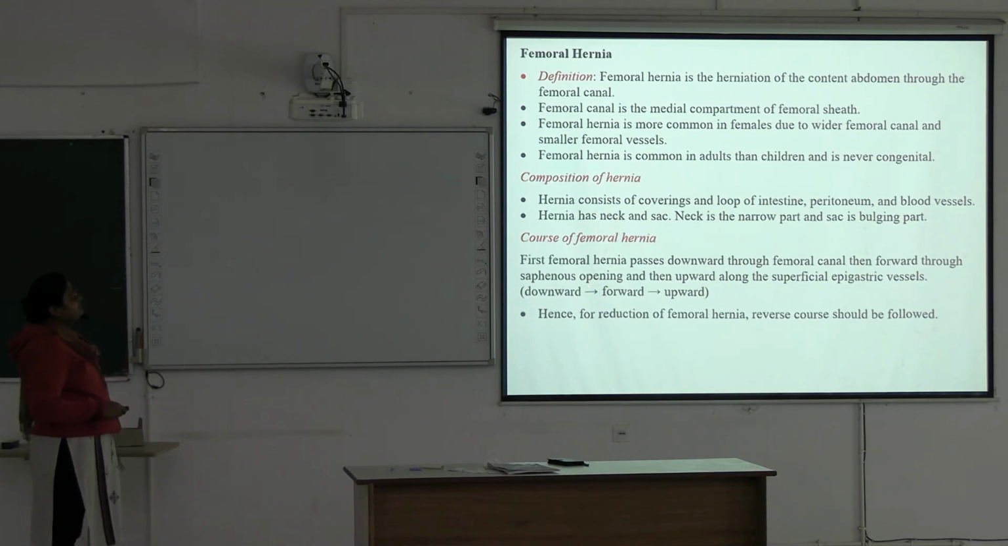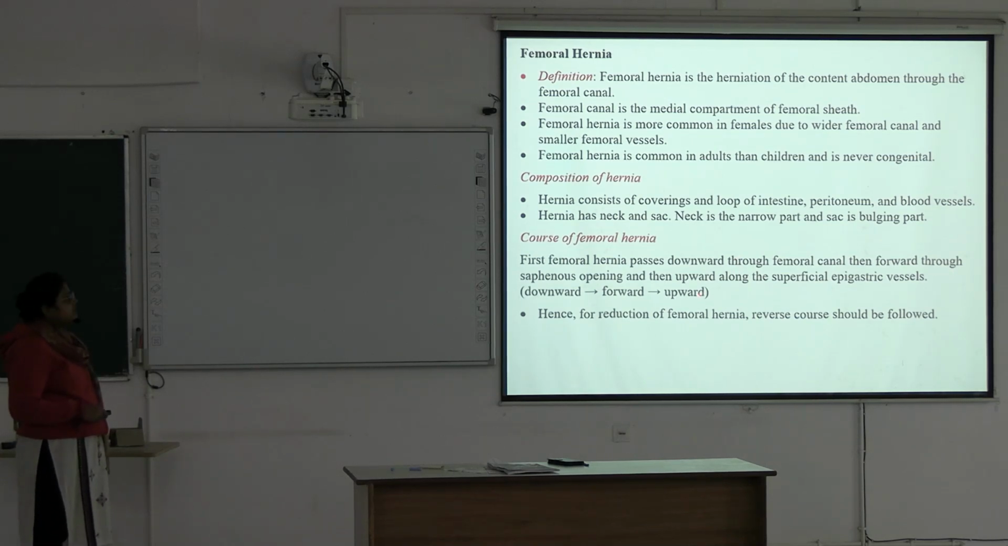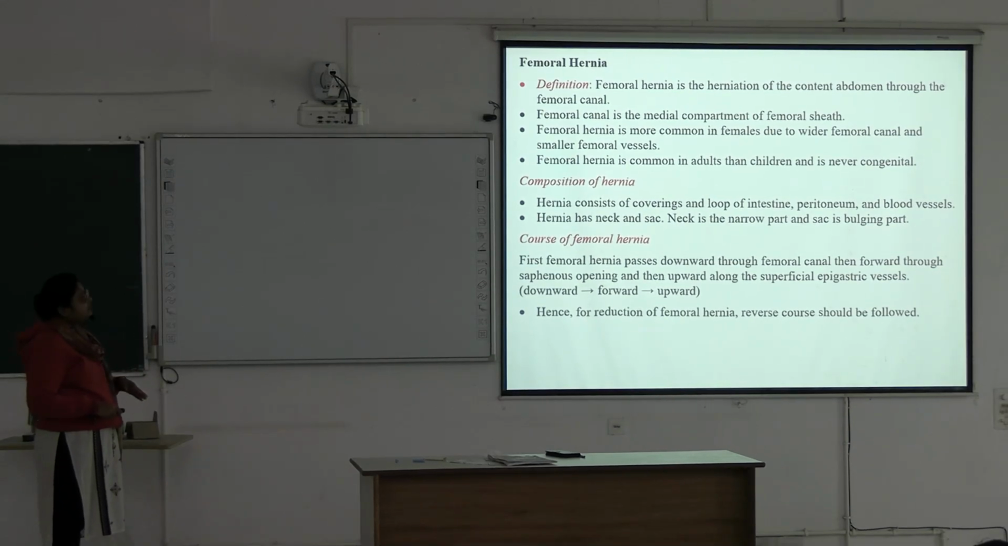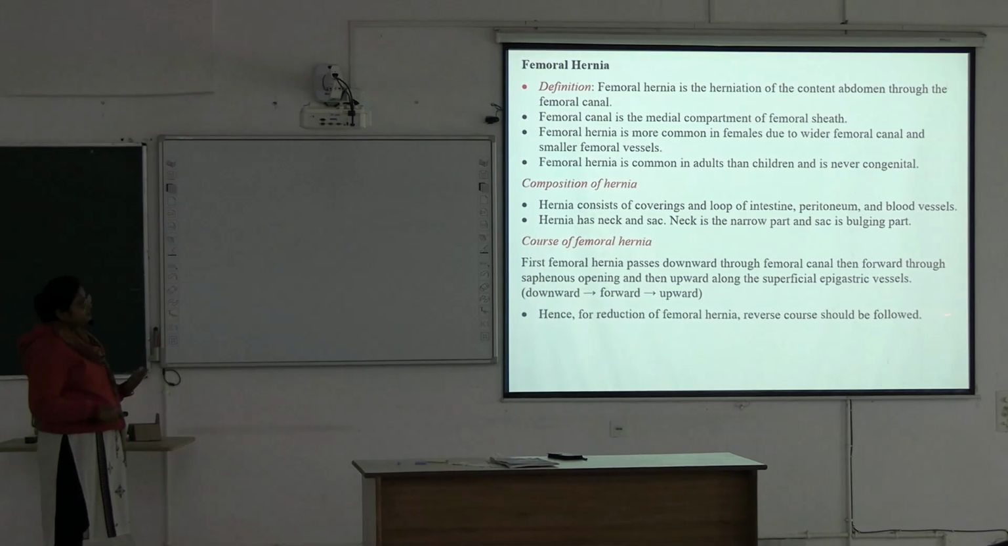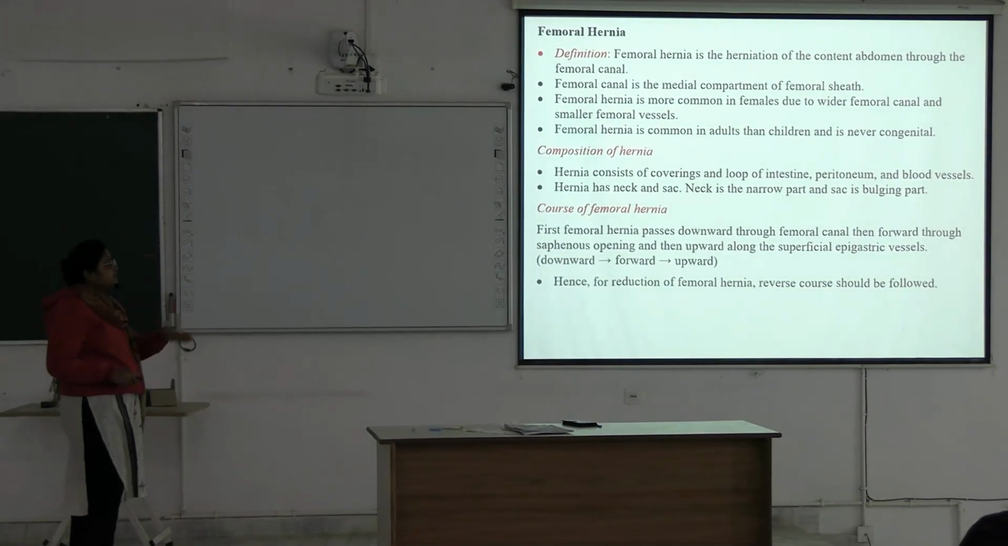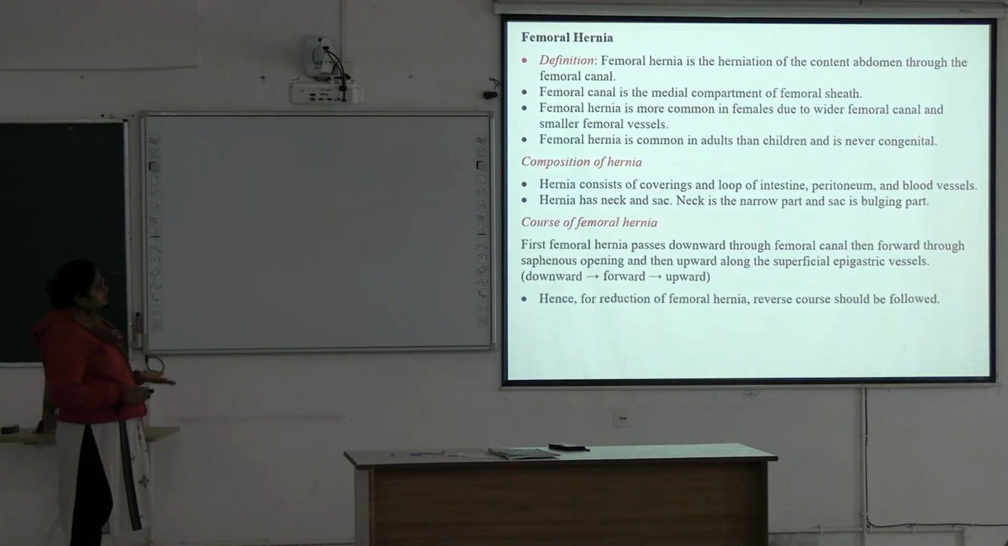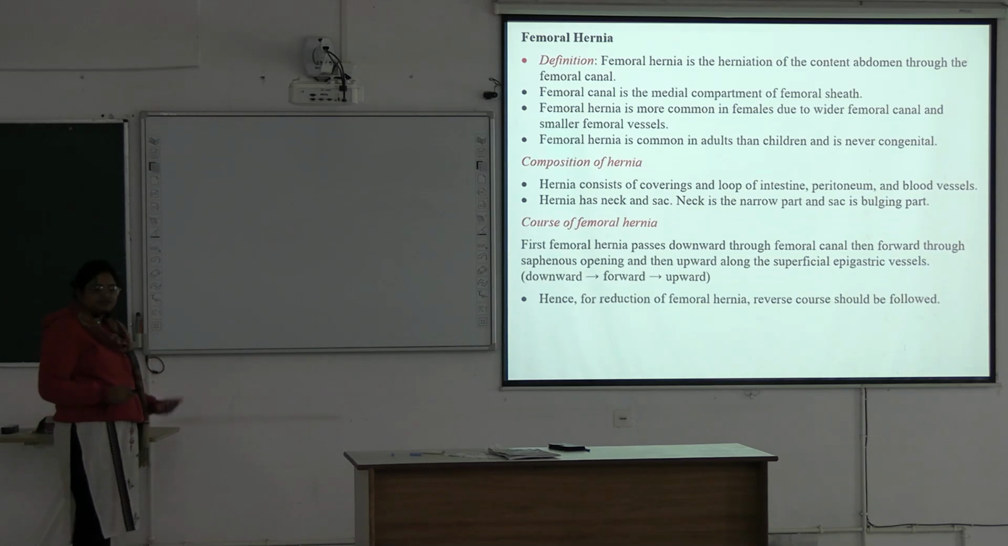What is the course of the hernia? First, the femoral hernia passes downward through the femoral canal, then forward through the saphenous opening and then upward along the superficial epigastric vessels. So first it will descend downward, then forward through the saphenous opening, and then upward. Hence, for reduction of the femoral hernia, you have to follow the reverse course. So you have to push the content first downward, then push through the saphenous opening backward and then push it upward, so that it can again enter into the abdominal cavity. Next,